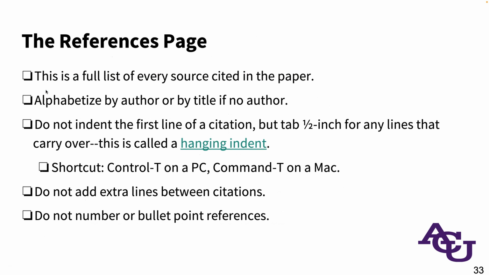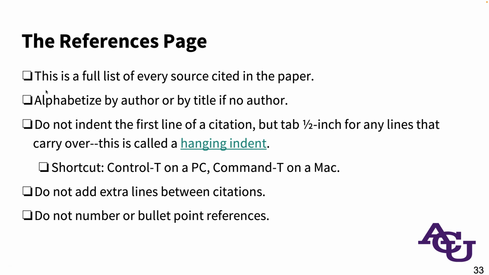All right, so the references page. You're going to want to have a full list of every published source that was cited in the paper. And you're going to alphabetize that by the author's last name. If there's more than one author, by the first author's last name. And if there really are no authors, check first to see if there's an organization that claims authorship. So, for example, my alma mater, Boston University, if there was no other author attributed, the trustees of Boston University claimed authorship. All right, so you put them down for that. But if there's genuinely no author that you can track down, no individual author, no corporate author, then you'd put down the title in the author space and